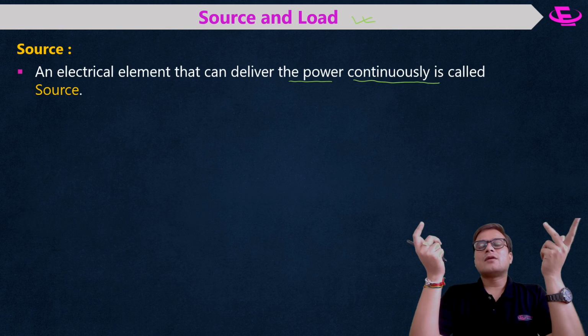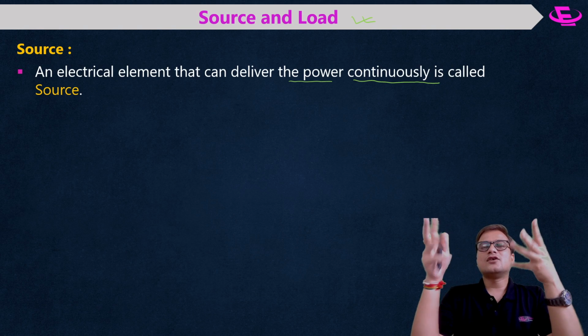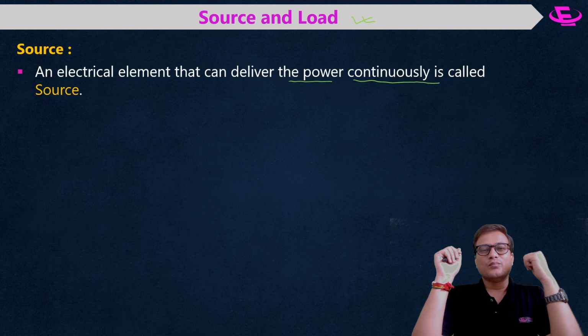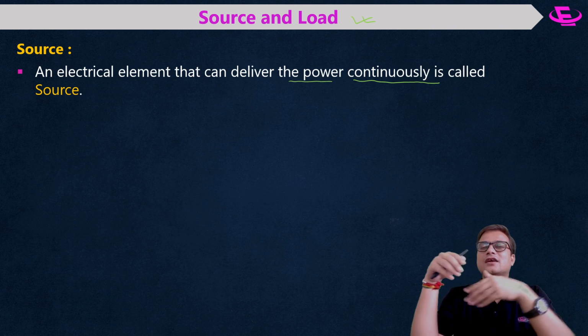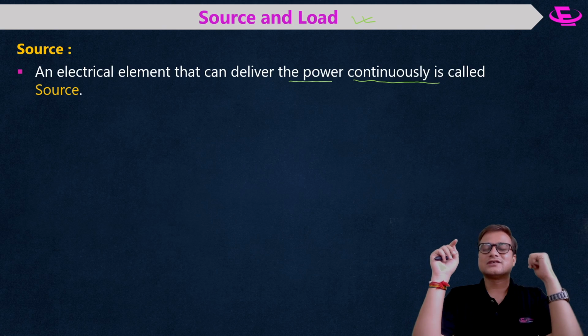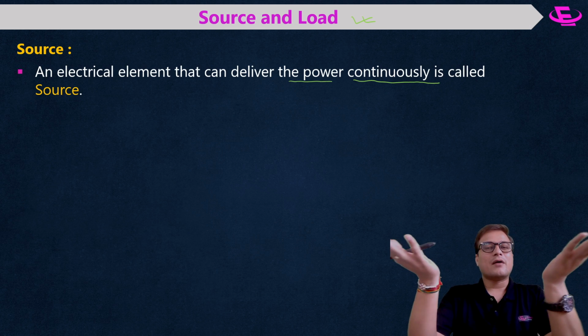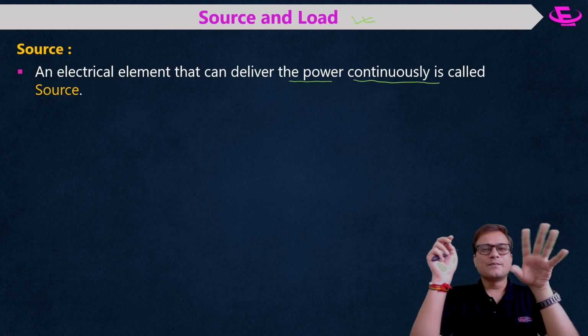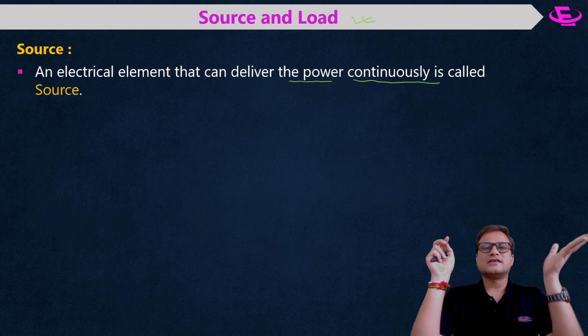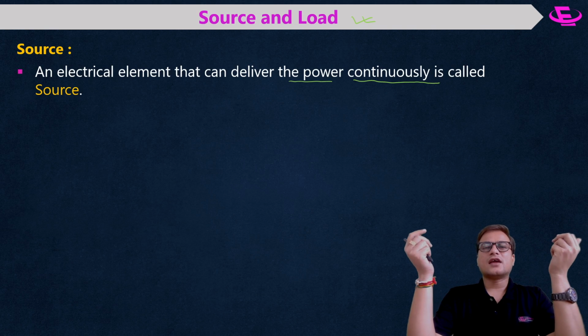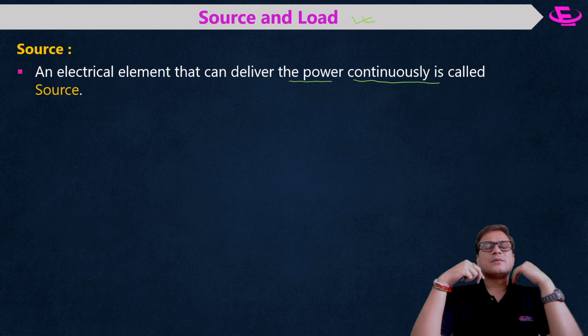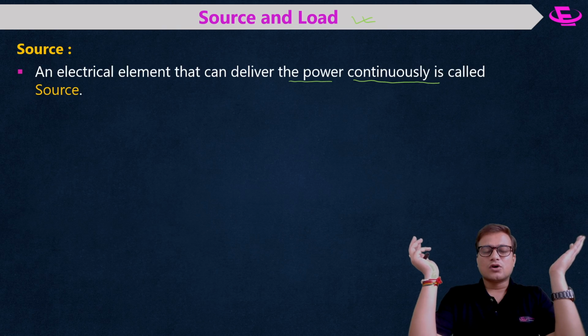it can deliver power for how much time? 1 second, 2 seconds, 3 seconds, like that only, because the inductor is charging and then it is discharging. Later on we will discuss the inductor also. Source means that which can deliver the power continuously. But yes, sometimes in transient analysis we'll say that the inductor is acting as a source because it is delivering power for some time. So something which is delivering power is called a source.